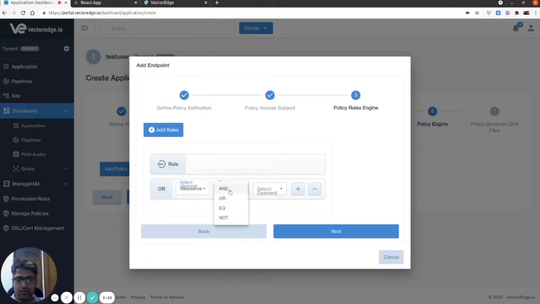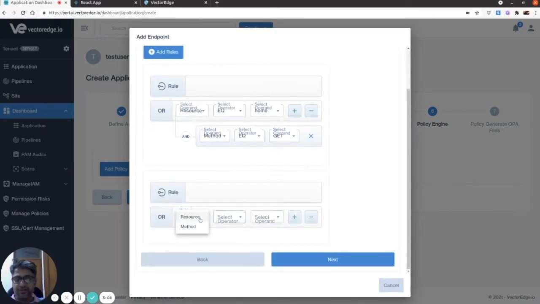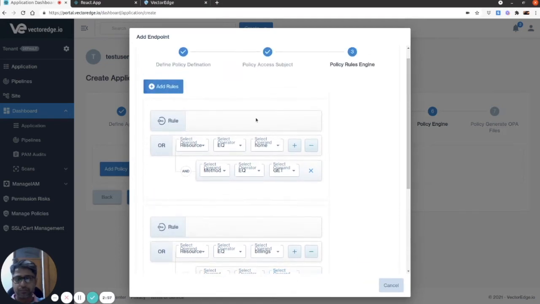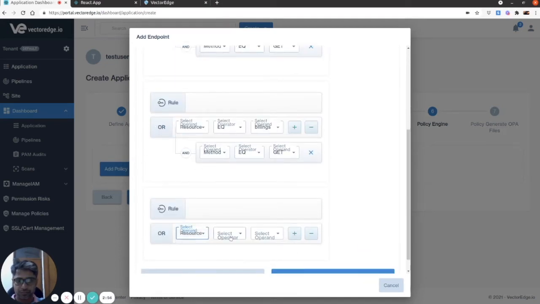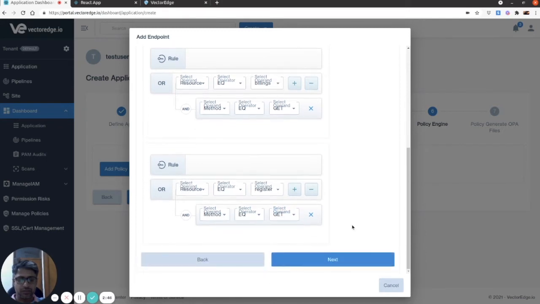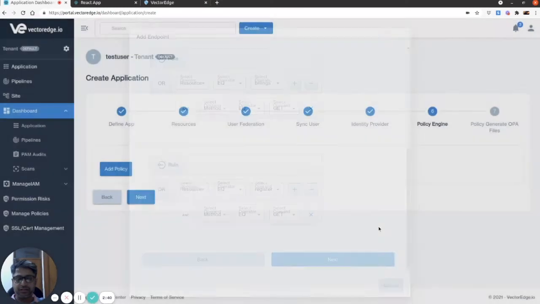Now I am assigning all the endpoints to this role in the method GET. We have added three endpoints, so I'm adding all three over here. So I've given access to all three endpoints to the manager.